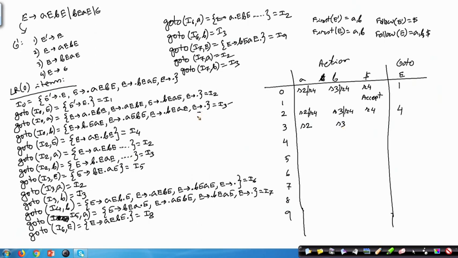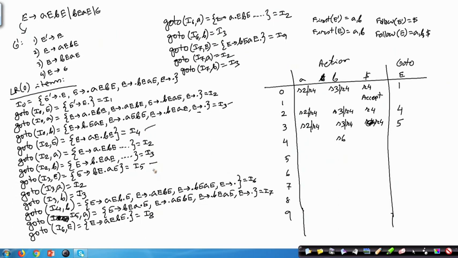Now, this item tells me that I have to add the reduce rules. So, these reduce rules are to be added. So, all these reduce rules are added, this is reduced by rule number 4, and this I 3 E is I 5. So, this should be 5. Now, for item I 4 there is only shift action on B, and I 4 B is I 6. So, I 4 B is shift 6. So, I 4 is done.